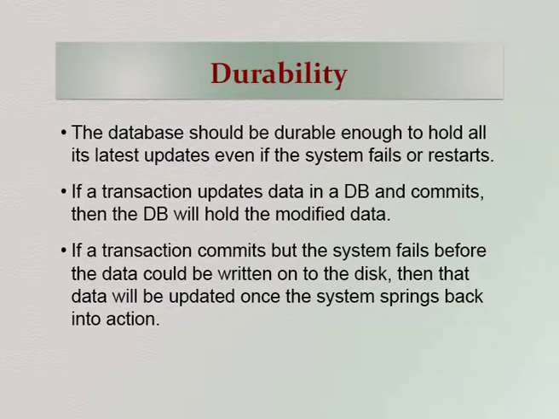And the fourth property that we can see is the durability property. The database should be durable enough to hold all its latest updates even if the system fails or restarts. If a transaction updates the data and commits, then the database will hold the modified data. It should not contain the old data, however, it should contain the latest update. If a transaction commits but the system fails before it is written, it should be rewritten or else drawn back to the initial state. It should not continue midway or create any kind of disturbance to the updates of the database.